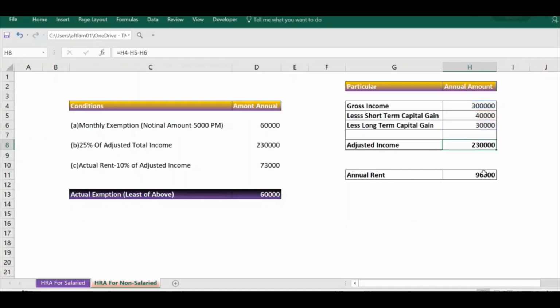The third and last condition is actual rent minus 10% of adjusted income. And finally, the actual exemption will be the least of the following three conditions. So now you can see how I have calculated the exemption for a salaried person and a non-salaried person.